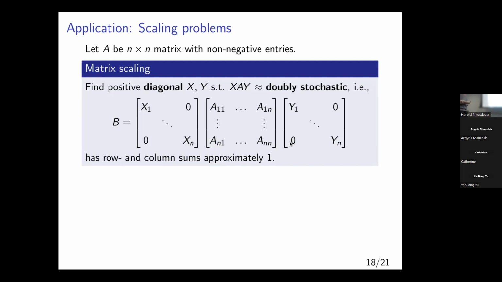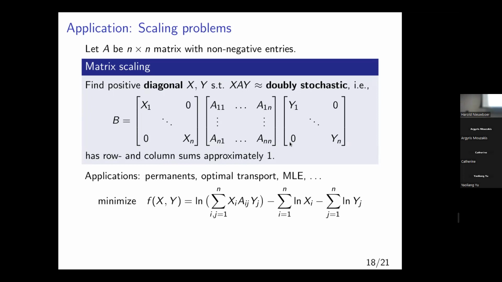You might wonder, what does this have to do with convex optimization? It's some funny looking linear algebra problem. But it turns out that a good way to analyze this is by looking at some function, which I'll call f. Basically, I think of the x and y that I use to rescale as my variables, and then the function you can write down is